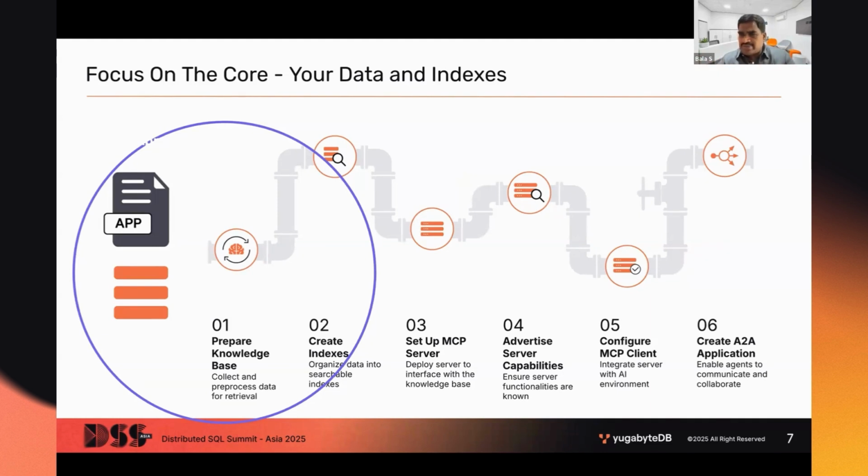So we have to first prepare the knowledge and store the data, and decide what data we have to model, how to create the indexes, how to embed the data, and how to store it in the form of vectors. Then we need to bring in MCP servers and advertise the capabilities, configuring the MCP clients. This is where we have to create the next set of applications which enable the agent to